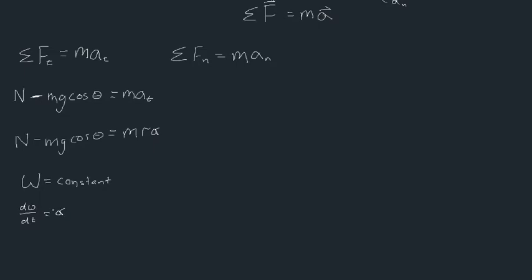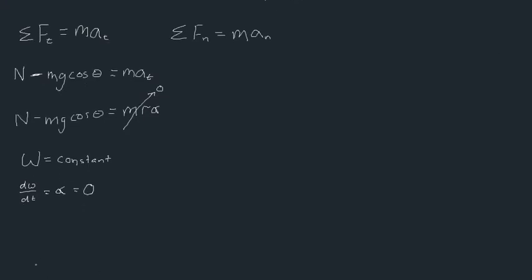As such, what's the derivative of a constant with respect to time? Or, well, with respect to anything, really. Well, it's 0, right? Imagine taking d/dt of 4. It's just 0. Consequently, alpha is equal to 0 because omega is a constant. I hope that makes sense, fellas. Now we can write alpha is equal to 0, which means that this right-hand side term is 0. Notice this would have been very different if our rod was rotating with an angular velocity that was a function of time. Now we can simplify this even further, writing that N minus mg cos theta